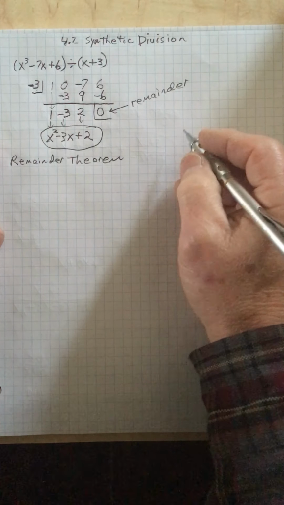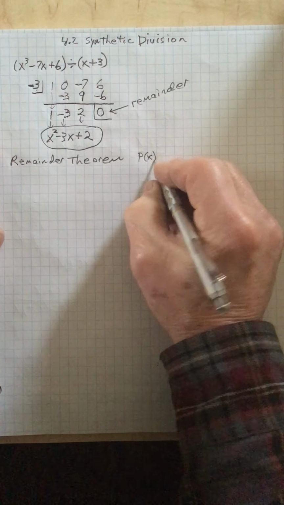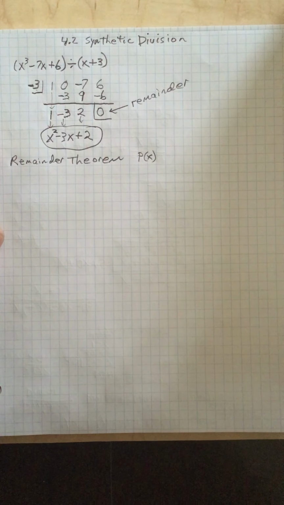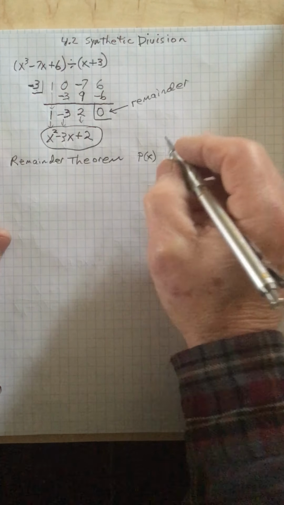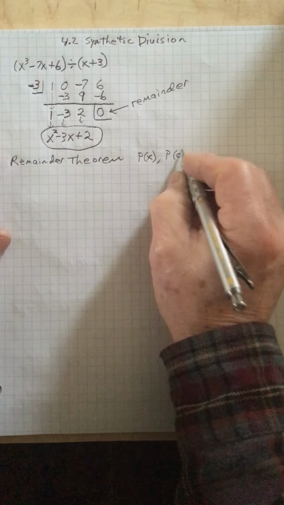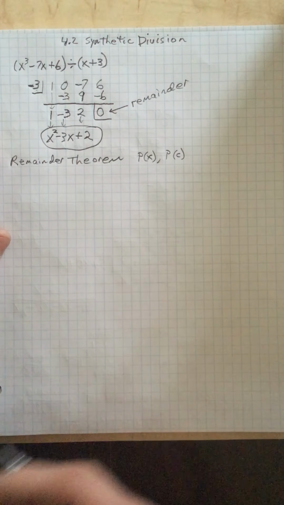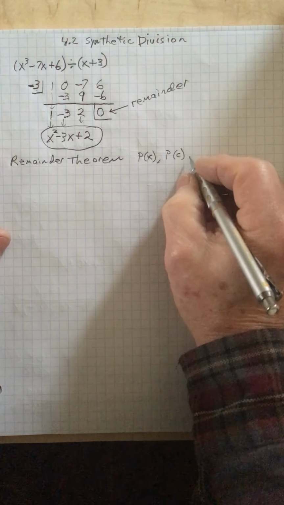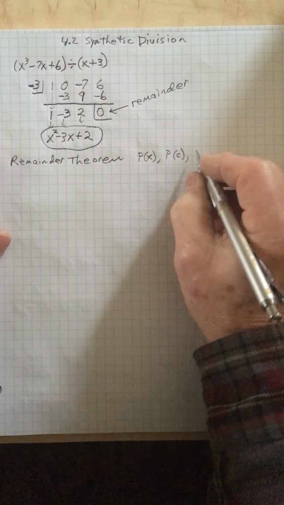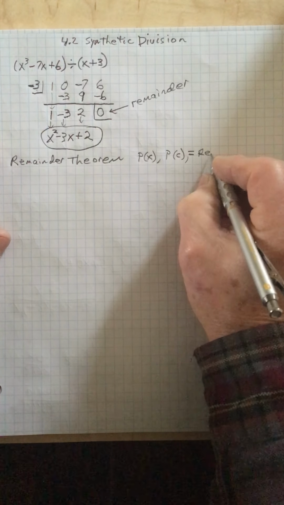The Remainder Theorem basically just says if I have a polynomial function and I evaluate it at c, in other words, I would plug c in here and do all the work and get some answer, that's going to be the same thing as, we'll just say it equals, the remainder